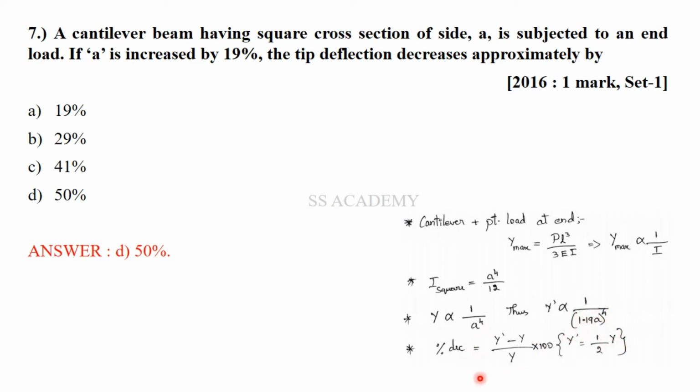So in order to find the decreasing percentage, you have to do the new minus initial divided by the initial into 100. So y dash minus y by y into 100, you will be getting 1 by 2y minus y by y into 100. It will be 1 by 2, that is 0.5 into 100, which is 50 percentage. So 50 percentage comes out to be the answer. Just by seeing this itself, you can just find 1 by 1.19 power 4. It will be 1 by 2 of y. If it is 1 by 2 of y, it has been reduced by 50 percentage. So 50 percentage is the answer.